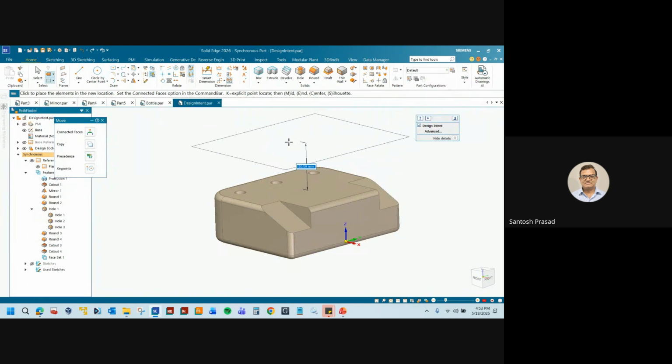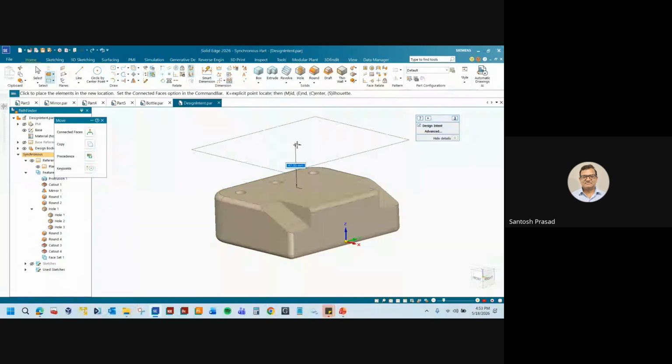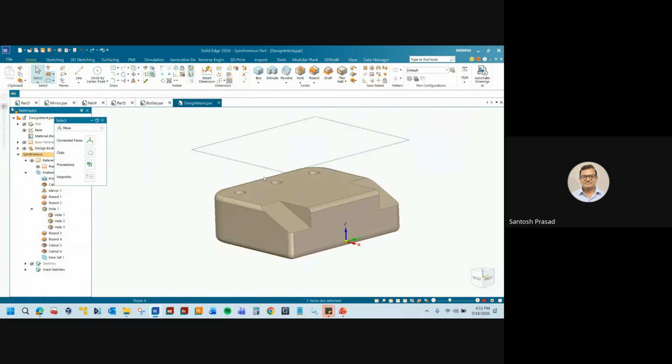You can move that and create a plane away from this or offset from this. Now we have a separate plane, and you can create any sketch on this plane,